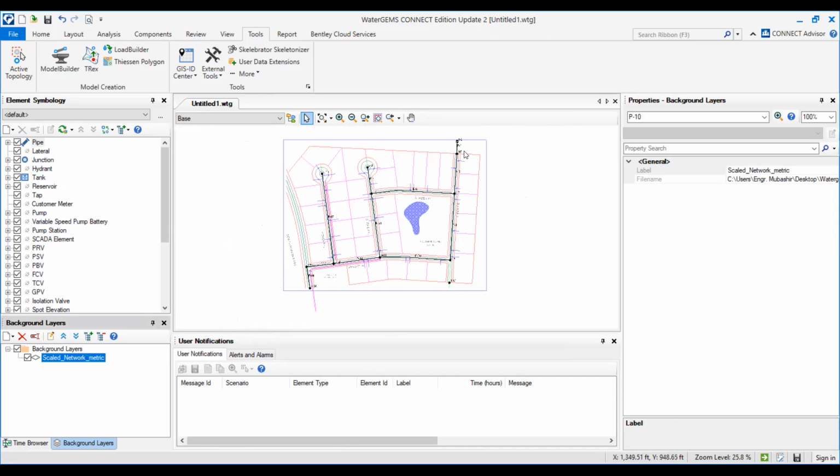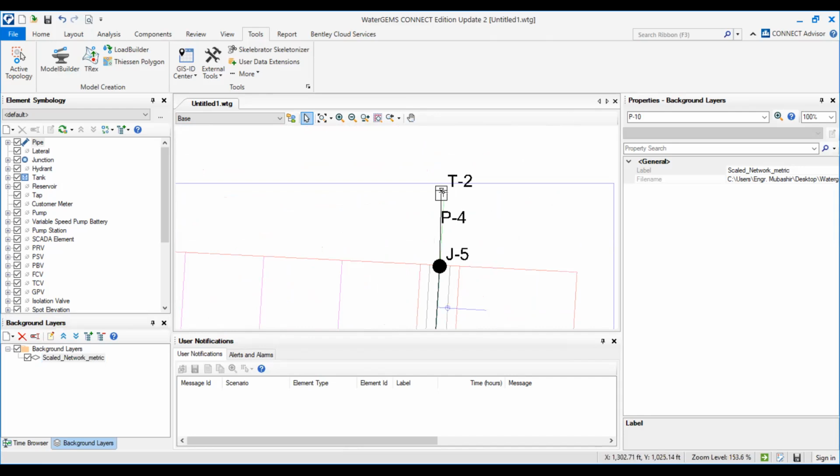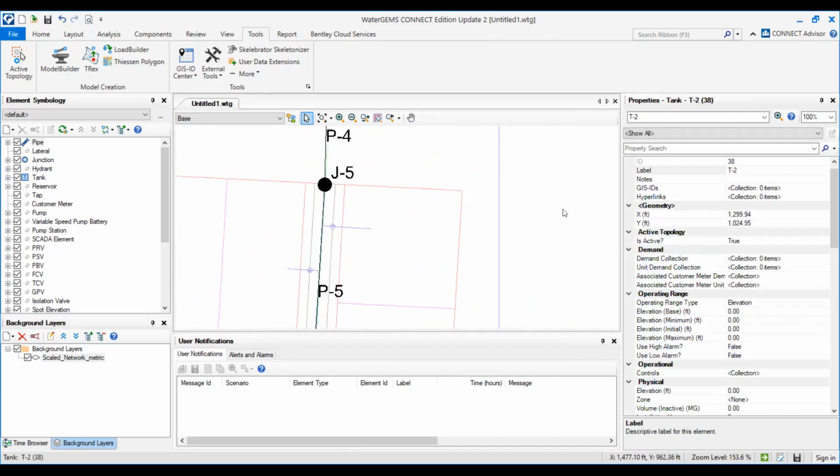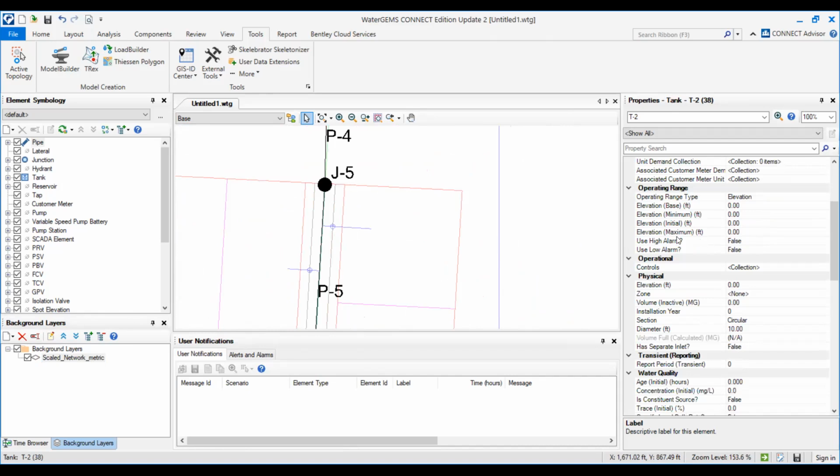Okay, let's go through the properties of tank. So these are basically the properties of tanks we usually use when we design a tank. So mostly let me go through this. One note, I will show you what are the